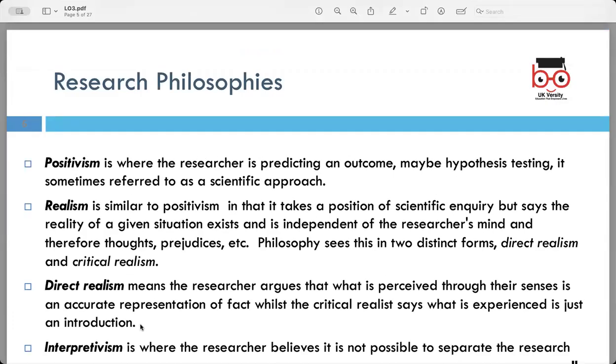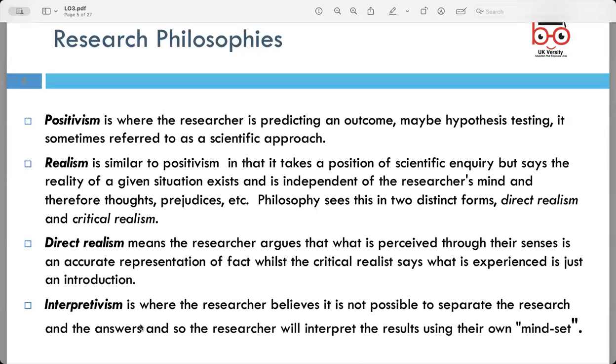Research philosophies, here we are talking about types of philosophies. There are a few key philosophies I want you to remember. The first one is positivism. This is where you believe in facts, objectivity, and often test hypotheses. It's like a scientific approach, very structured. Next is realism. It's quite similar to